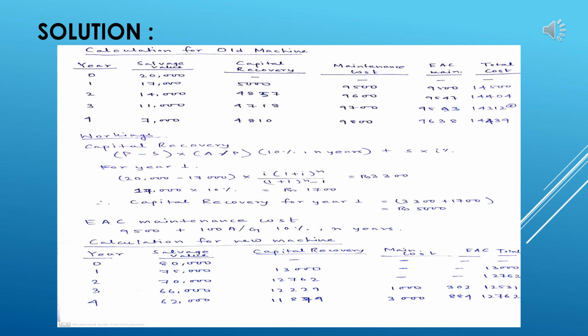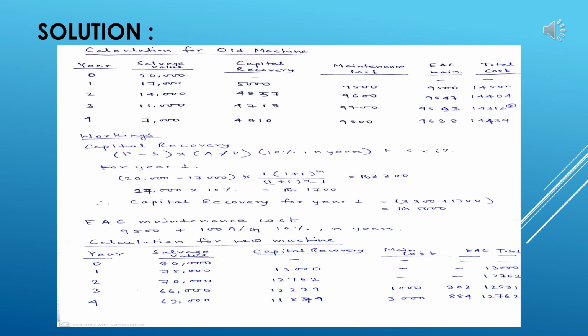So basically in case of maintenance cost calculation, we can take the value for second year, third year and fourth year respectively to be 9,500, which I have shown in the slide, plus 100, which is the gradient portion. We turn it back into annual worth, taking 10%, and for respective years, second year it will be 2, third year it will be 3, fourth year it will be 4. So simultaneously we will be having the values of 9,500, 9,547, 9,593 and 9,638.